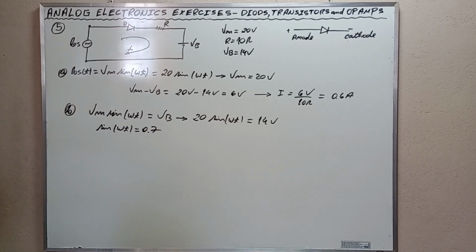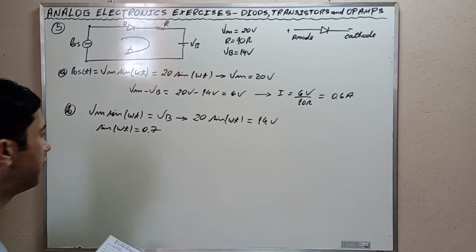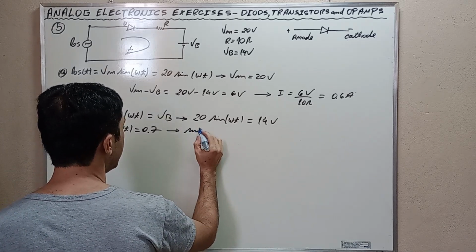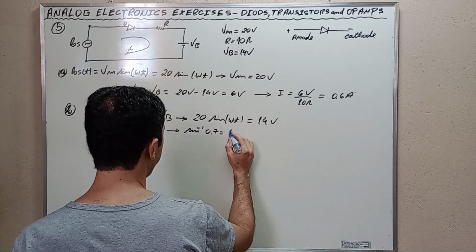Now we are going to calculate the inverse sine of 0.7, okay? What is the angle which has this sine? The inverse sine of 0.7 is equal to